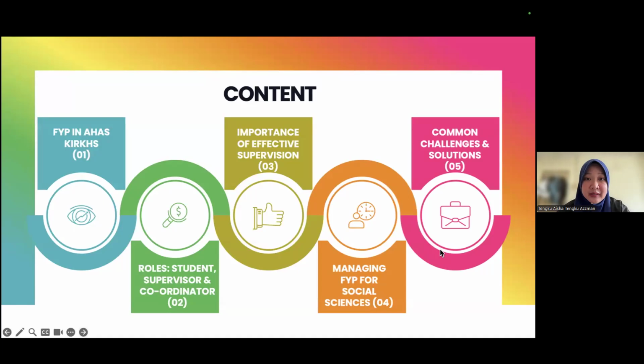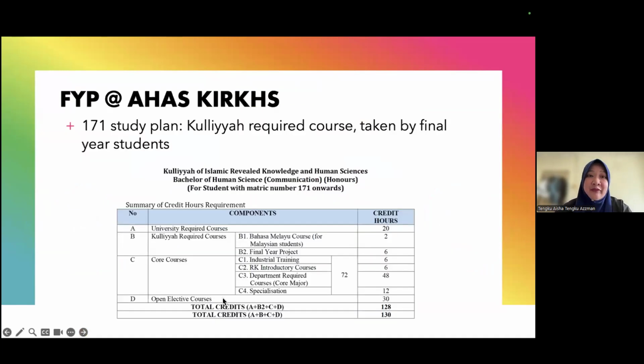when we manage our FYP. In terms of FYP for AHAS KRKHS, currently we are following two different study plans. For the 171 study plan, it's actually a Kulliyyah required course, so it's compulsory for all departments in RKHS. As you can see here from section B2, final year project consists of 6 credit hours.